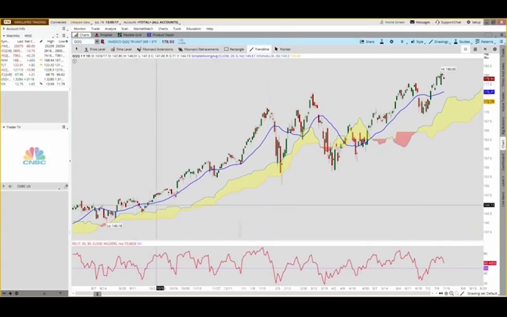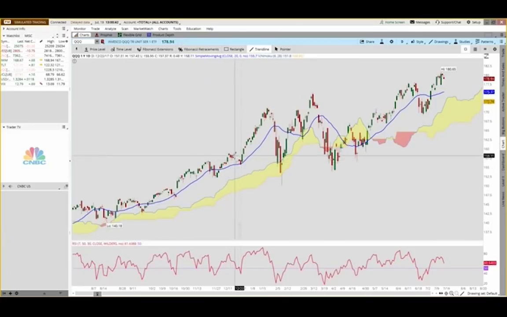There's several of them on this chart. Whenever you have an upward slope on the 20-period moving average and you're clearly above the cloud with both price and moving average, you have those two conditions, a trend and momentum in your favor. So what you look for is the start of a retracement towards that